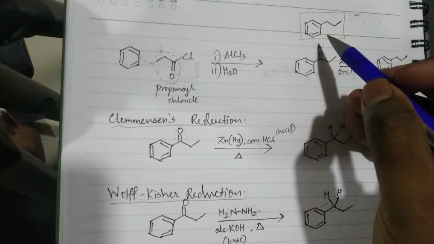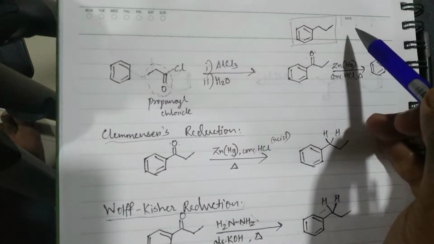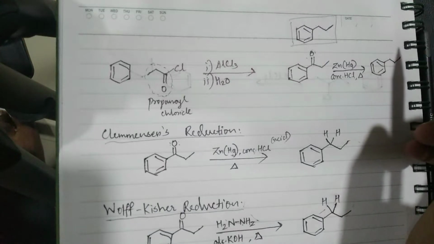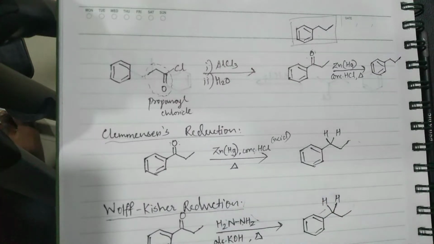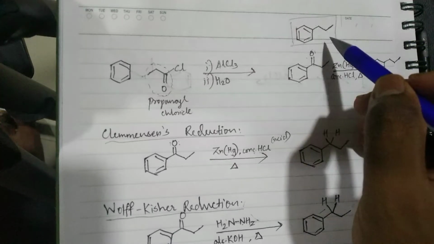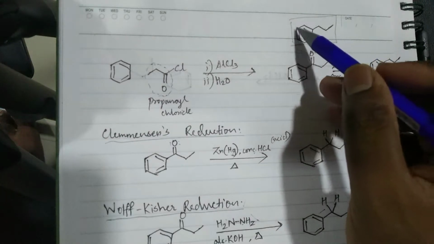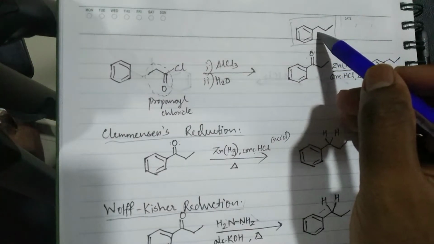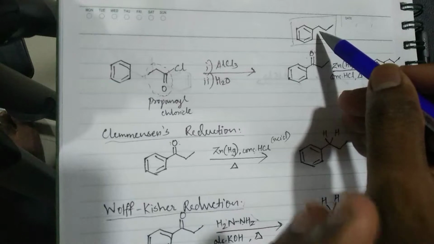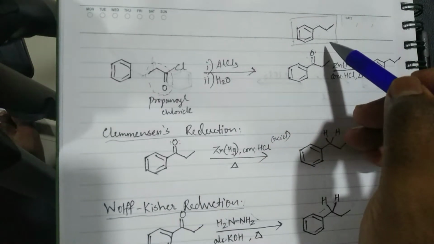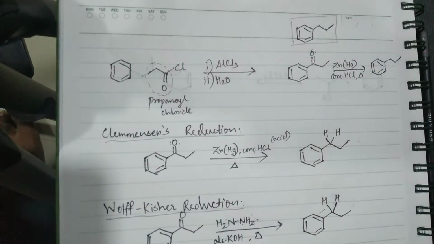Hi, in this video we will go through a few examples and see how Friedel-Crafts acylation and alkylation is applied. In the previous video we came across a problem where we were not able to put a straight chain on the benzene ring. So we will try to see how we put a straight chain on a benzene ring, and in the process we'll learn two new reactions in this video.